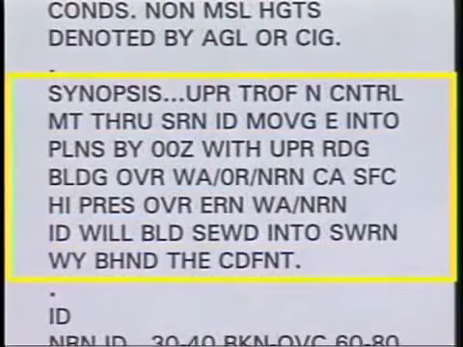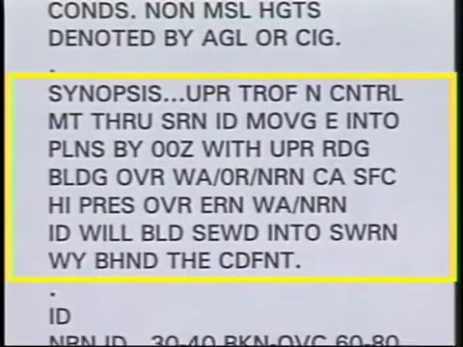This section of the area forecast is the synopsis, which contains a brief summary of the location and movement of fronts, pressure systems, and circulation patterns for an 18-hour period. This synopsis states that there is an upper-level trough in north-central Montana through southern Idaho that will move east into the plains by 00 Zulu with an upper-level ridge building over Washington, Oregon, and Northern California. There is also a surface high pressure over eastern Washington and northern Idaho that will build southeastward into southwest Wyoming